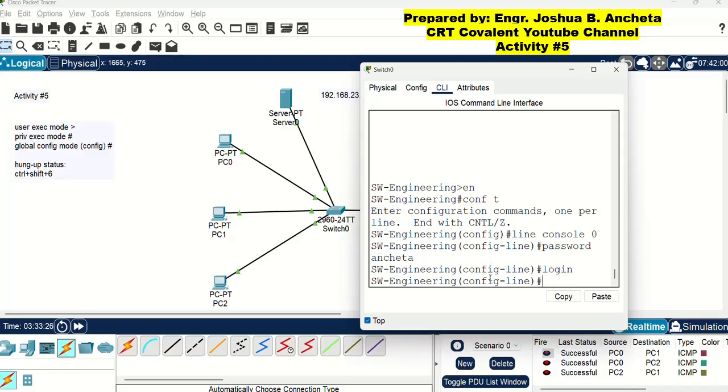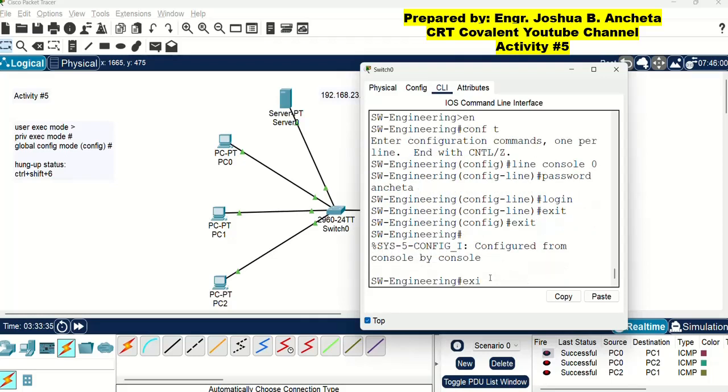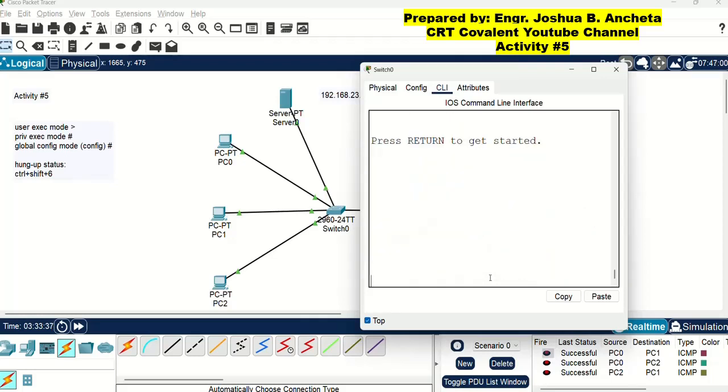Then press enter. Let us now check if the password works. Let us exit this, exit, and exit. Okay, so this is now the beginning of the CLI. As you can see, before we enter the user executive mode, we are required to type the password.